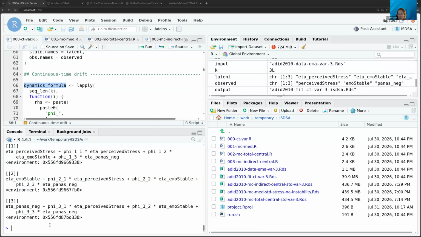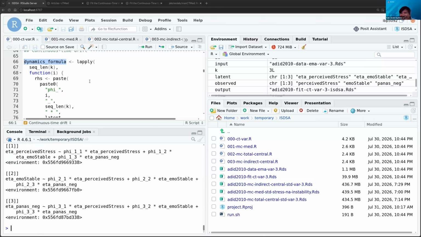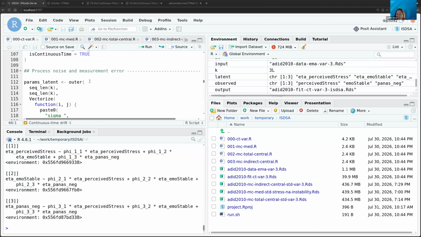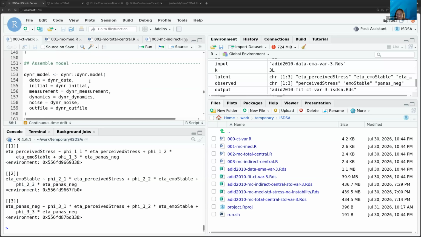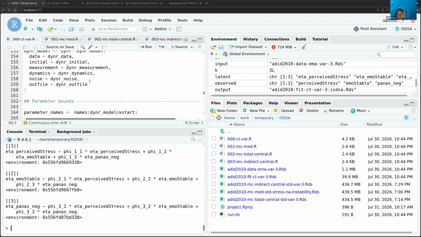So Jack, I think we only have about 15 minutes left, and I want to make sure that you get to the cTMed part, the mediation part, which is ultimately what people are interested in here. Yes. To quickly summarize, your current script, 000 CTWAR, and I like that, I think Jack has this way of ordering his files so that it starts from 000 to 001 and so forth.